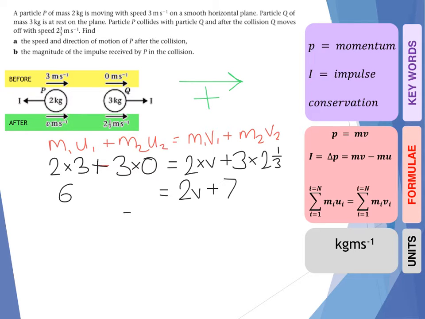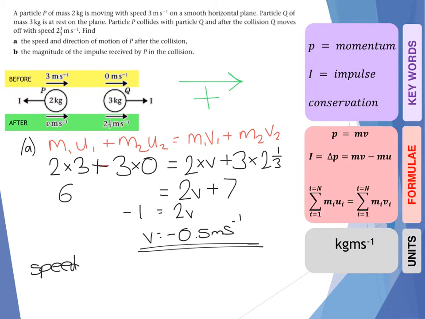Rearranging there, I'm going to end up with minus 1 equals 2v, so that tells me that v is minus 0.5 meters per second. Okay, so it turns out I did pick the wrong direction, so instead, when I'm answering this question, I can say that speed equals 0.5 meters per second, because speed is only a magnitude, it's got no sign, and I would also say that the direction